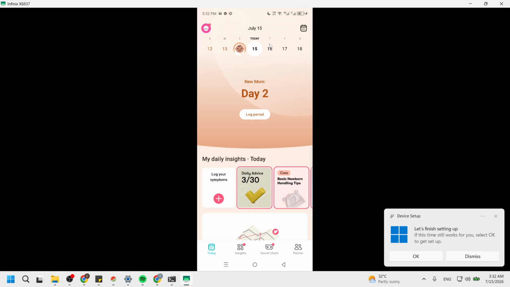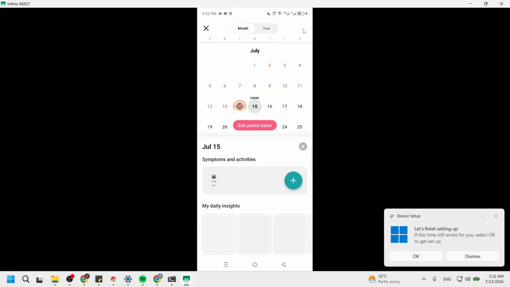Next up, open and navigate to the calendar group. You can find this option typically at the bottom of the screen or in the main menu. The calendar section is where all your recorded data is displayed, allowing you to see patterns in your health. This part of the app is integral for monitoring your cycle and other health-related activities. It's designed to give you a comprehensive overview of your intimate life, so be sure to familiarize yourself with it.